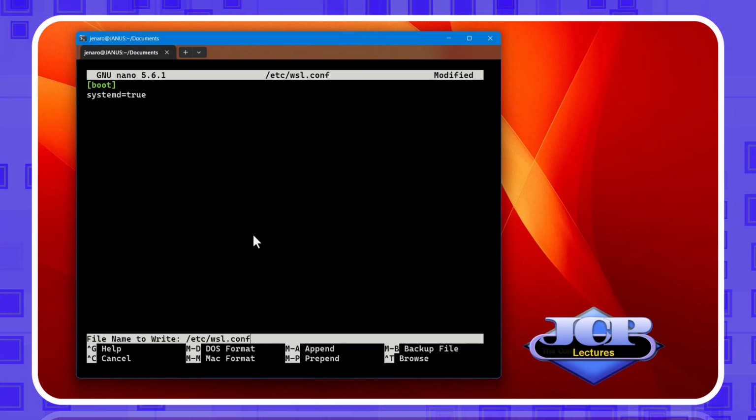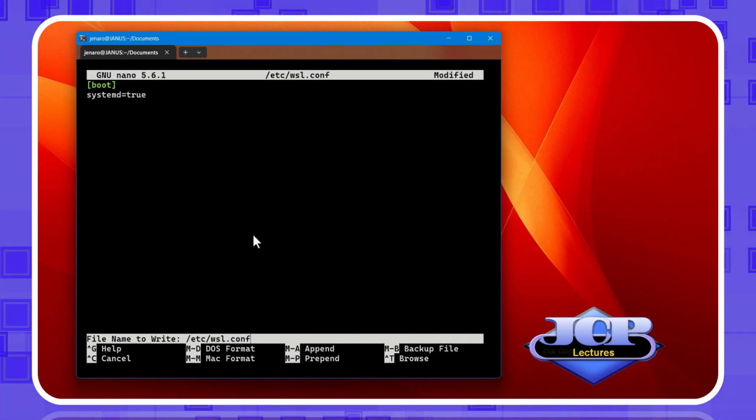Save the file with Ctrl-O, accept the name for the file, and then Ctrl-X to close the editor.